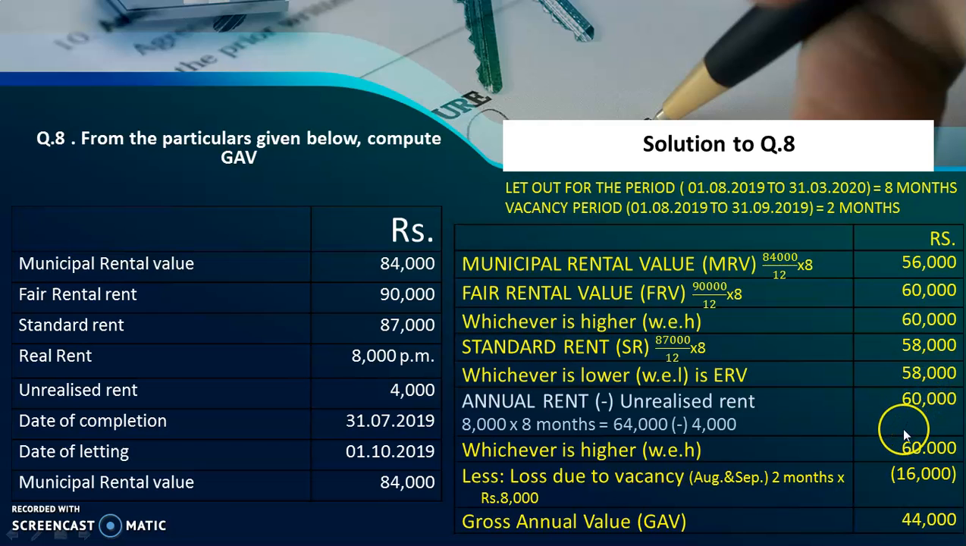Annual rent is to be reduced by the unrealized rent of 4,000. Then 60,000 will be the annual rent. Comparing, take the higher value 60,000, from which loss due to vacancy is to be reduced. Loss due to vacancy is that the house is getting ready, though the completion is over on 31st July, the house was let out only